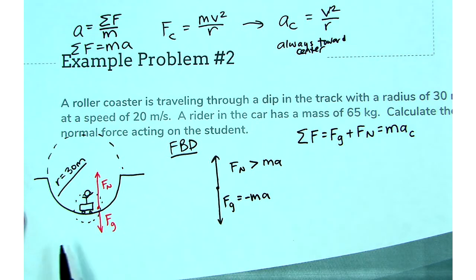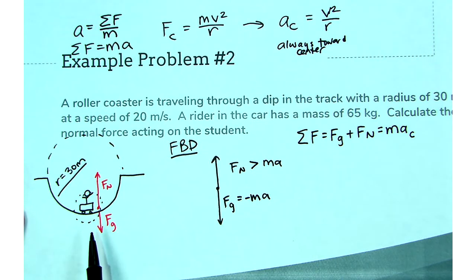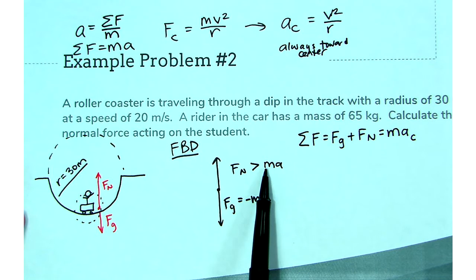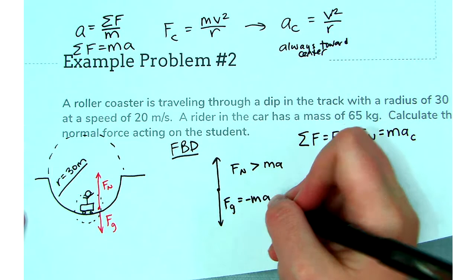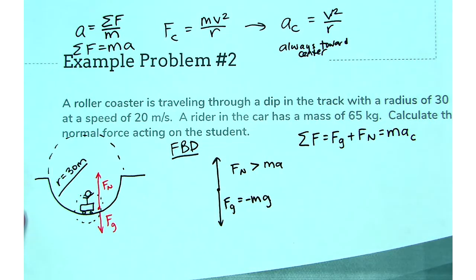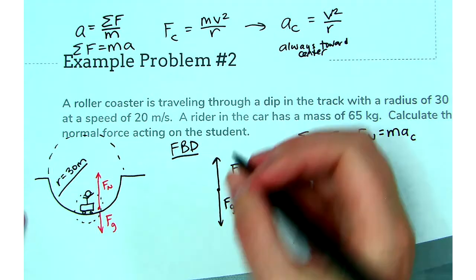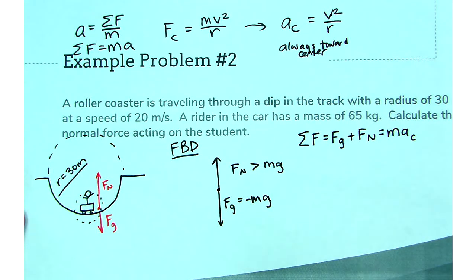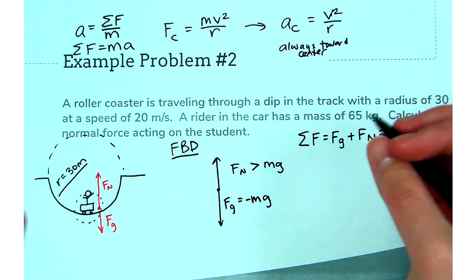So this is going to be negative mass times acceleration. If this was balanced, this would be positive; this should be negative mass times gravity. Oh, big difference here. And this should be something greater than that, just to do a reality check at the end. All right, so I'm going to have negative mg